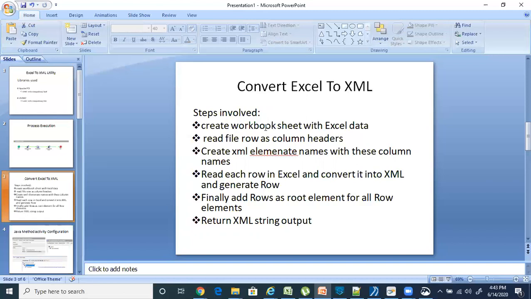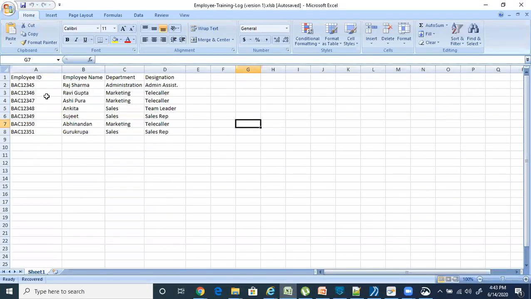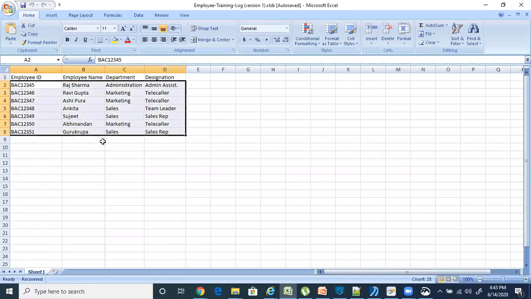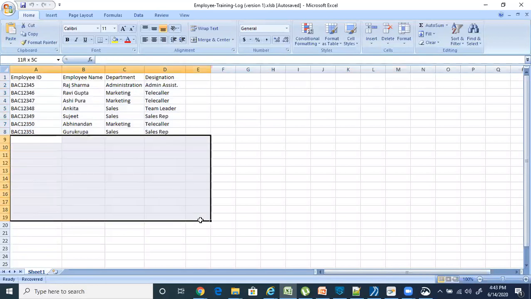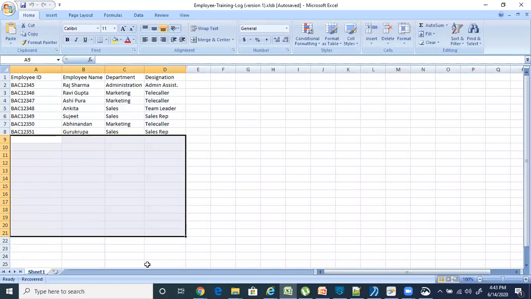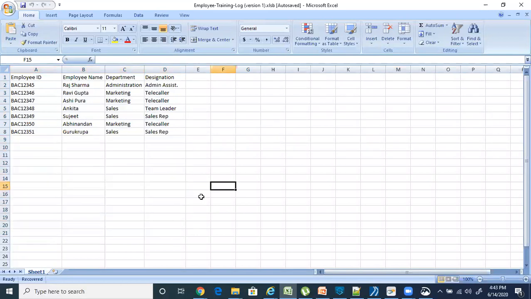Inside the workbook object, you can create as many sheets as you want. Anyway, we are just dealing with one sheet only. Here we have a sample Excel sheet, something like this one. You can see an Excel sheet can have as many columns as it wants. The first row we are treating as column headers, and the rest as data records. You can extend as many columns and as many records as you want in the file, but we are just referring to only one sheet.